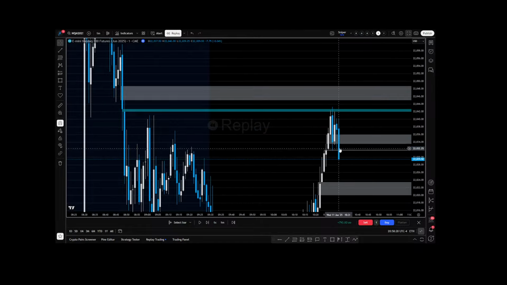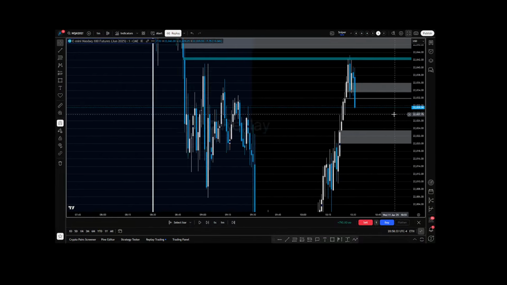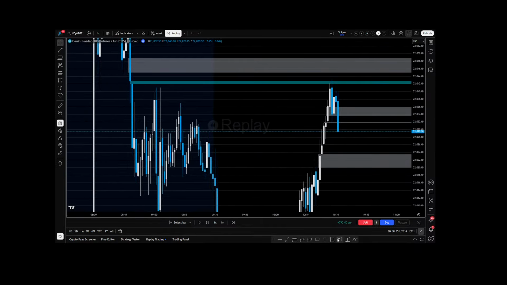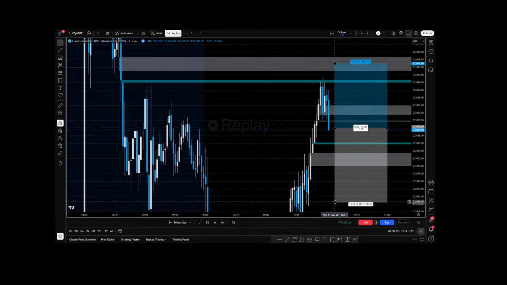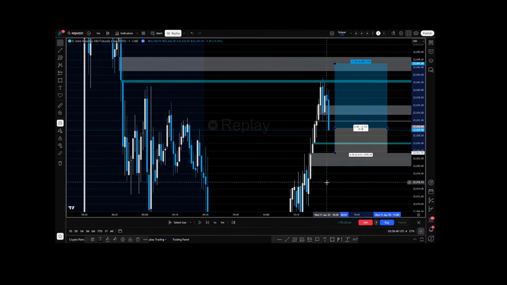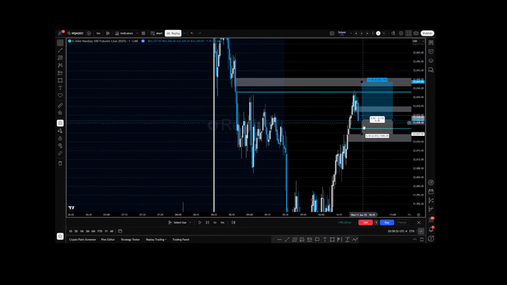Okay, so we did get this inversion. Now, looking at the setup, one, I'll mark out this volume imbalance to be aware of. But if we were to enter short, what would the trade look like? So we have this fair value gap below. Now this is not a very juicy trade here, right? There's not a ton of room